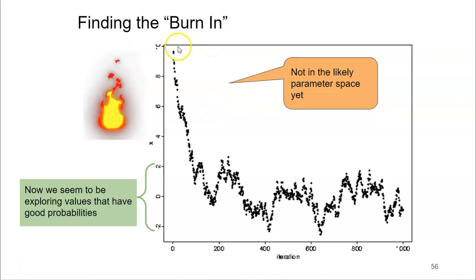I know what you're saying. How hard was it to figure out that you're supposed to be down in that lower range? If this is an 8-dimensional model and all those variables have interactions, it might not be that easy to figure out where the right values are supposed to be. So you'd be looking at several of these plots and saying, I need to burn the first 200 MCMC iterations, and then I'm bouncing around in the probability space.